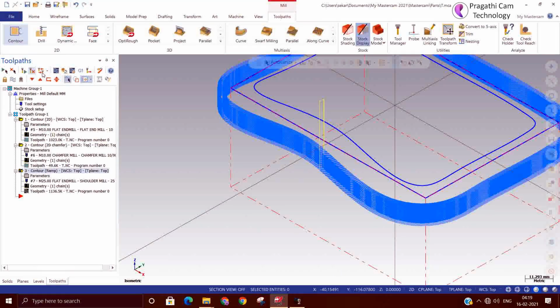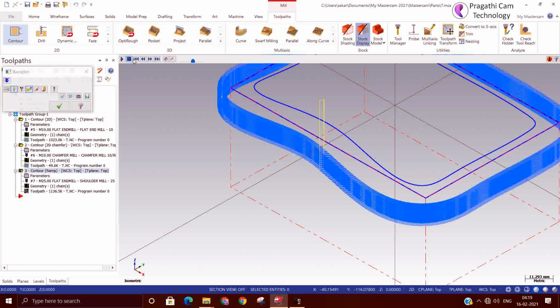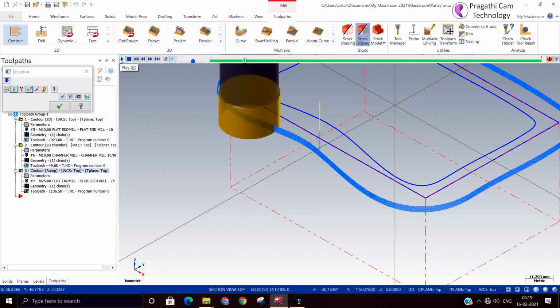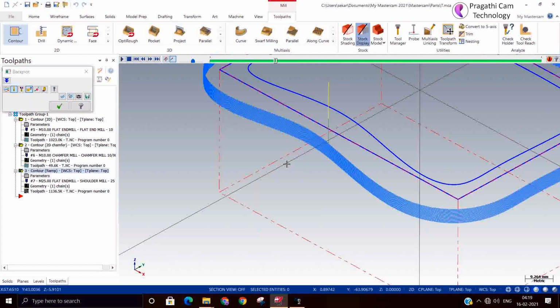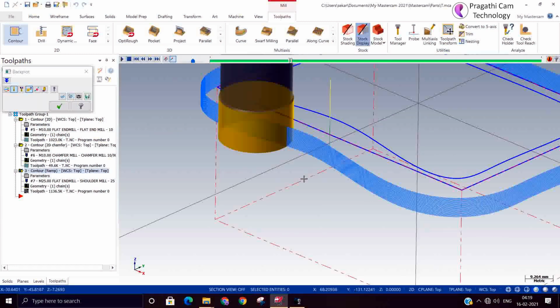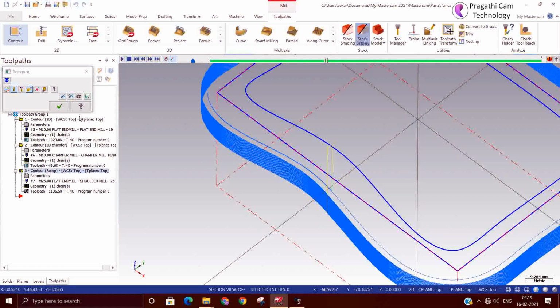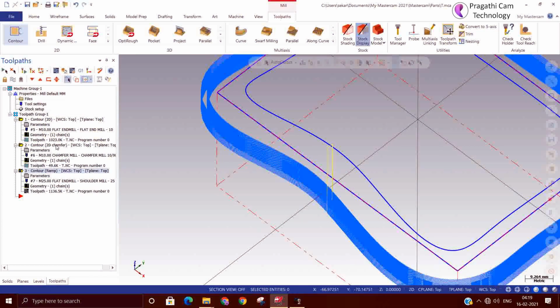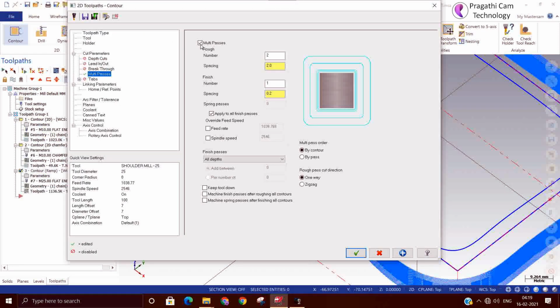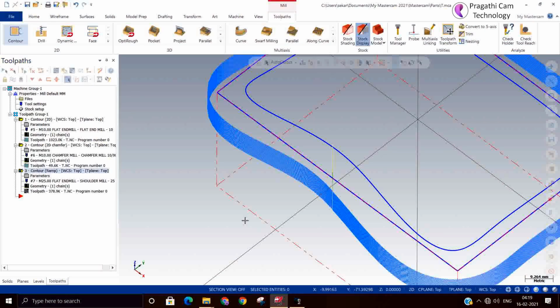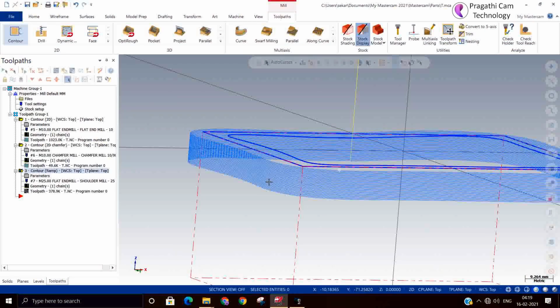Okay, now it is okay. So it enters at a single position and continuously it will cut. At the end of the profile, it will retract. Multipass is not required now because the diameter of the tool I took is a little bigger, so it is not necessary.